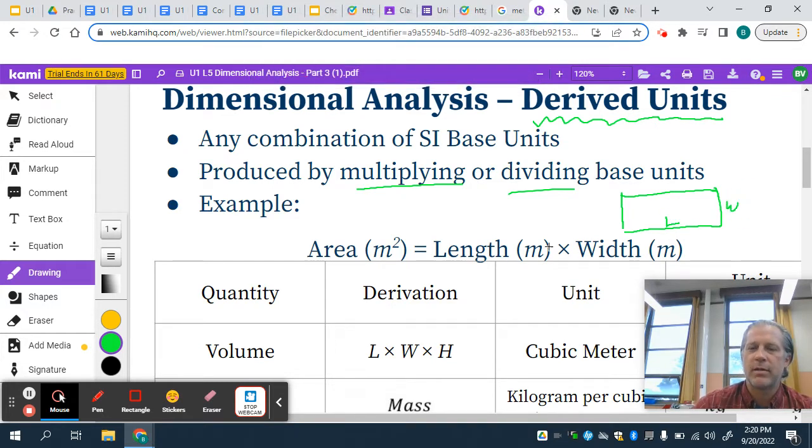I would simply take length in meters times width in meters and get the unit of area, which is meters squared. There's no actual measuring device that I know of that you can just put down on the ground and it gives you area. Even the device itself, some do have the ability to do that, has to do some math. So